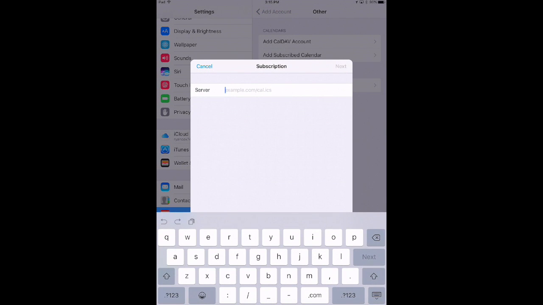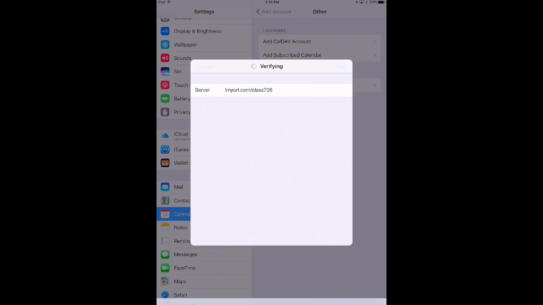And it's looking for an address that ends in ICS, which is what you copied from that green button on your Google Calendar for iCal. So I went ahead and I actually made mine a tiny URL, but you could also have the kids copy and paste the link under Edmodo or under Moodle. Just put the link in text and have them copy and paste it out of there. So I'm going to say, like I said, I did mine under tiny URL. So tinyurl.com/ and I called it class